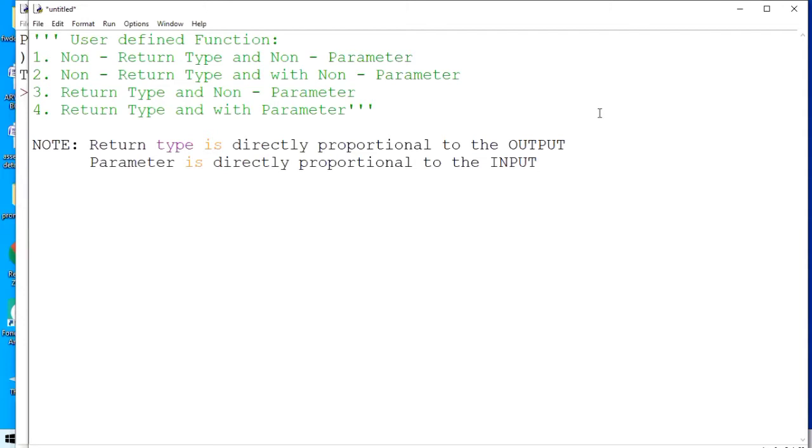Nothing is mandatory. Every variety is optional. It depends upon the programmer whether to create non-return type non-parameter, non-return type with parameter, return type non-parameter, or return type with parameter.